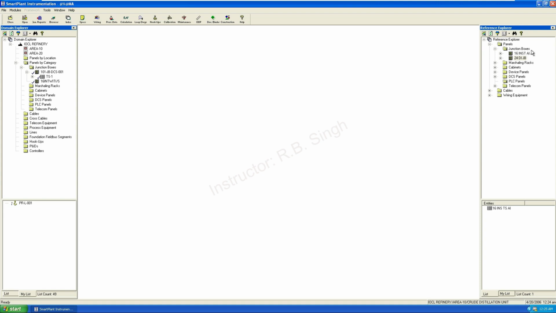Similarly, different types of junction boxes you can copy from reference to Domain Explorer. Suppose there will be 100 junction boxes, so you can create 100 junction boxes by copying the different types from Reference Explorer. For the same type, suppose there is another junction box just like this one, I mean 101